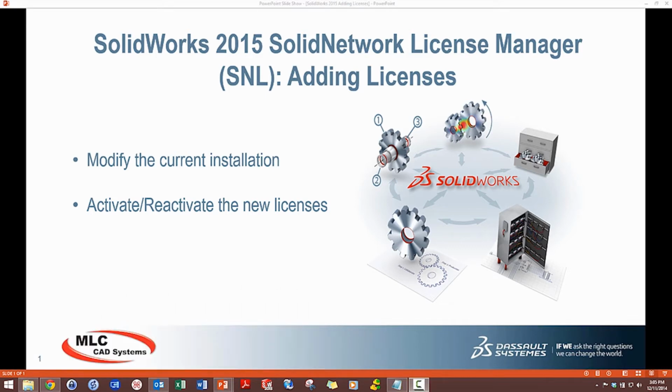We're going to do this in two ways. We're going to modify the current installation of that SolidNetwork License Manager, and then we're going to activate and reactivate the new licenses. Now, if you have the same serial number for your new products, you can skip right to that activate, reactivate step. But if you have some additional serial numbers to enter for some new products, you'll have to modify that current